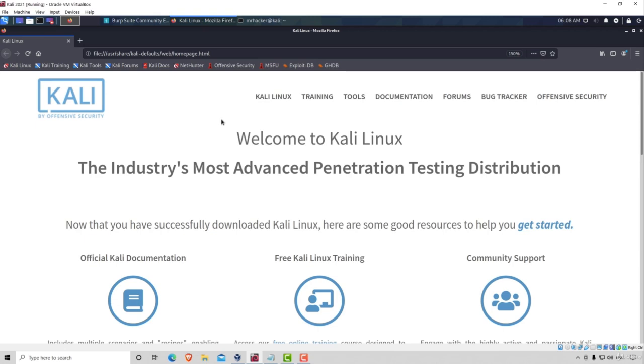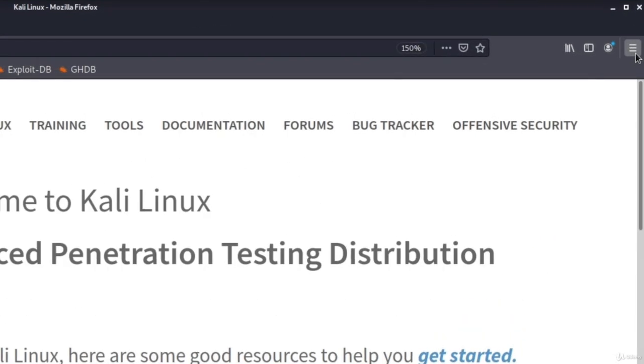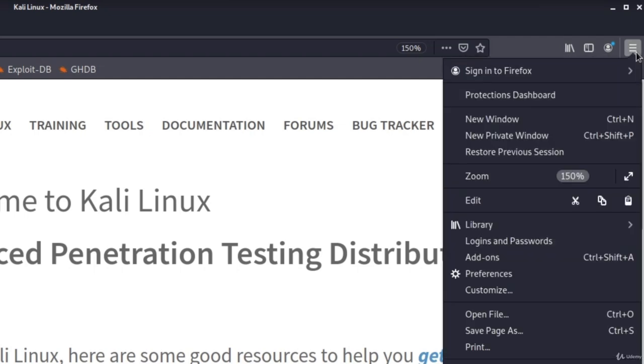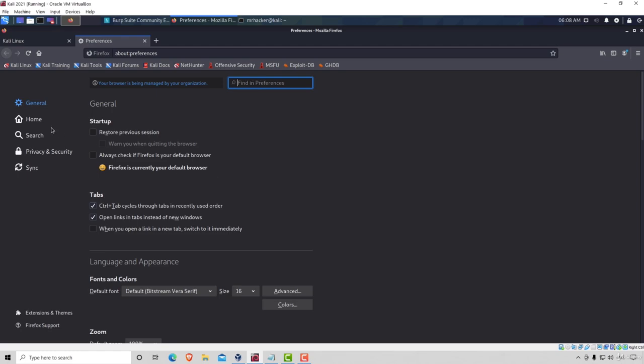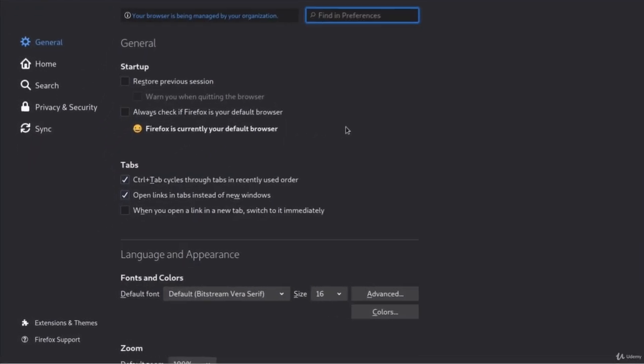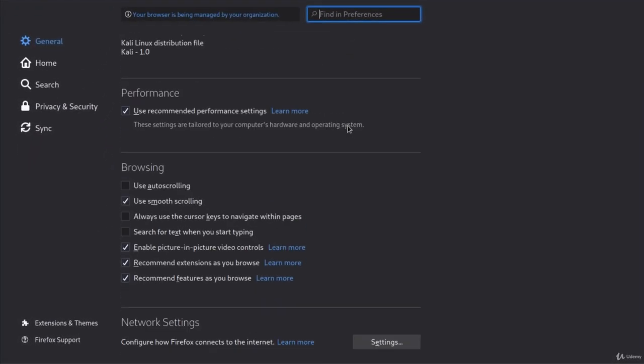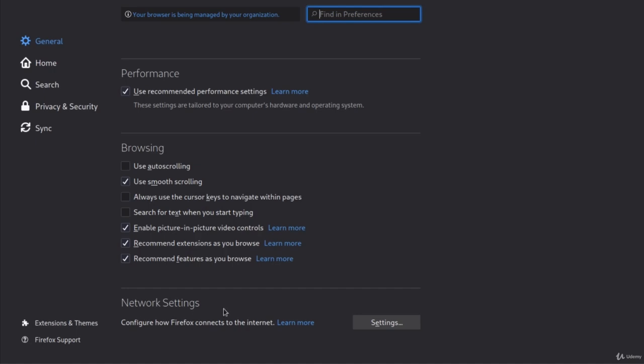Once you start Firefox, we want to navigate to Firefox settings. You can do that by going on these 3 lines, scroll a little bit down onto the preferences, and click on that. Under the general settings, we want to scroll all the way down until we get to network settings right here. In the network settings, click on the settings button,